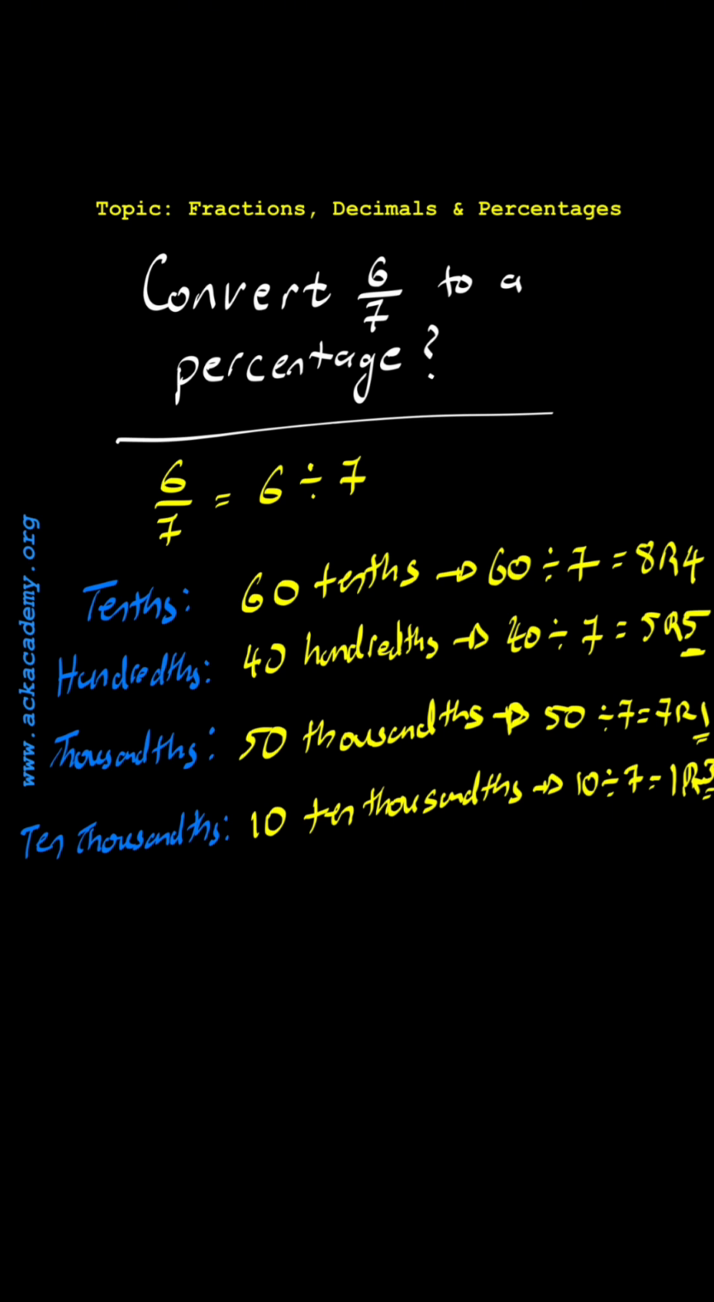Now, what do I do with these numbers? Well, I labeled them here neatly, so I know that this 8 goes in the tenths place, this 5 goes in the hundredths place, 7 goes into the thousandths place, and the 1 goes into the ten-thousandths place. So now let's rewrite it. So I have 0.857